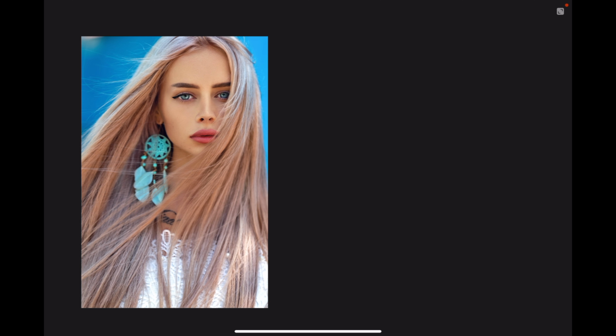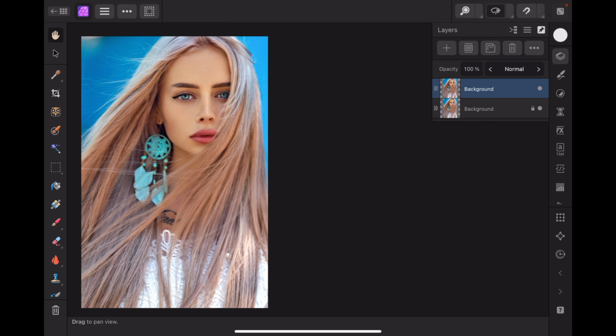So I've loaded in an image from the stock studio actually of a young lady, and you can see the wisps of hair blowing out across the sky now. What I want to do is change the sky into, well, a black colour in this instance, but it could be any other colour you're putting in there. And I want to be able to select the girl and select the hair as well. And I'm going to use, we can show you there, I'm going to use not the selection brush tool, but the Object Selection tool. Now I've loaded in the image and I've created a duplicate because we don't want to